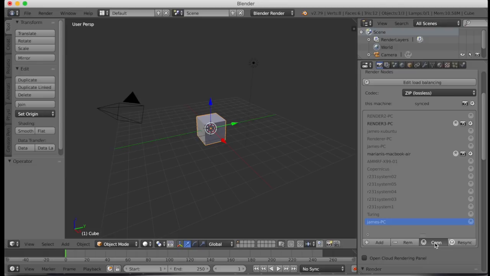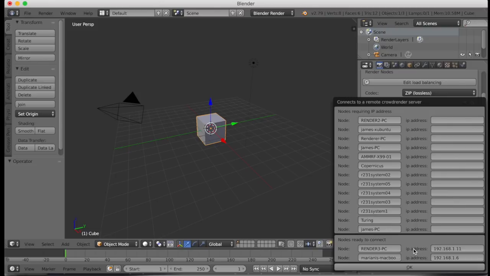And that pretty much results in, when you press connect and this panel appears, which it will do in just a second, it's used this name to figure out what network address to use. If you type in some other name, basically it will end up in this list at the top with it can't find the address. If you know the address, you can type it in manually, but just remember,